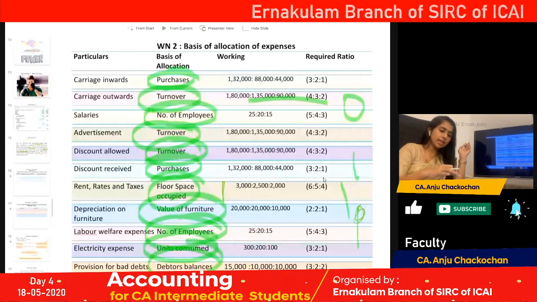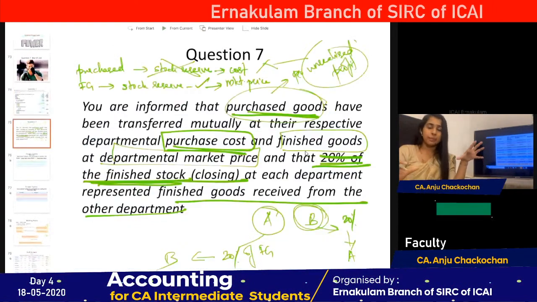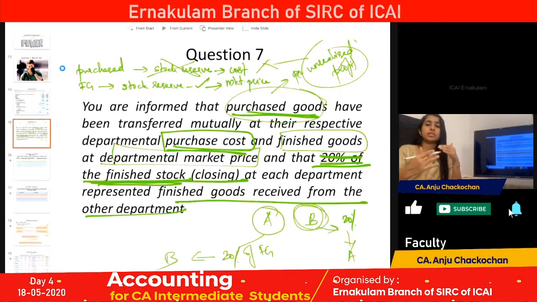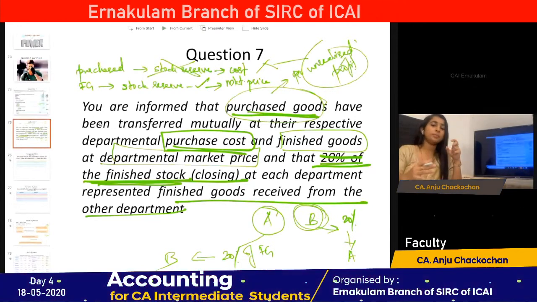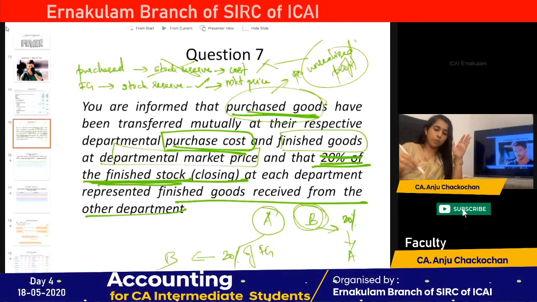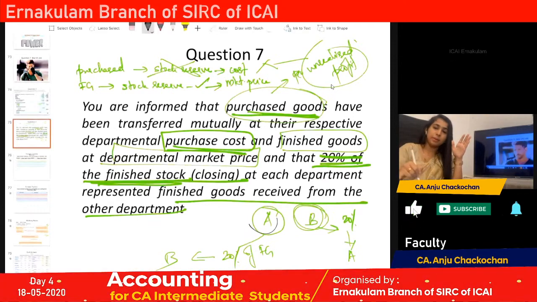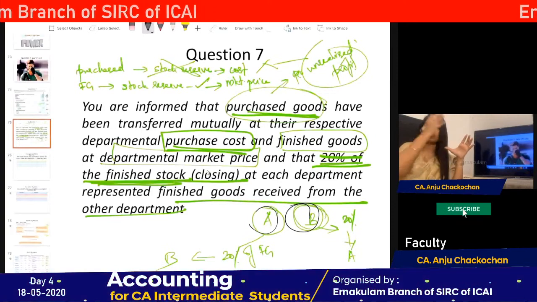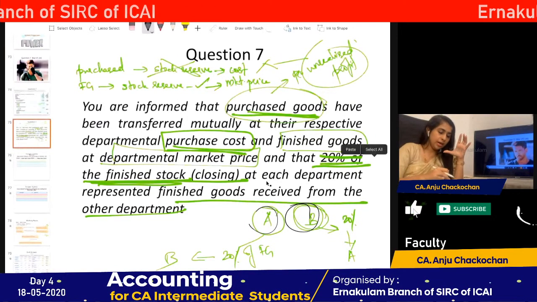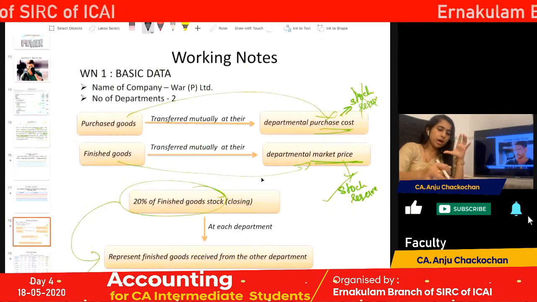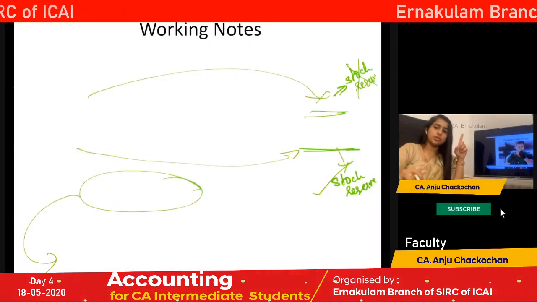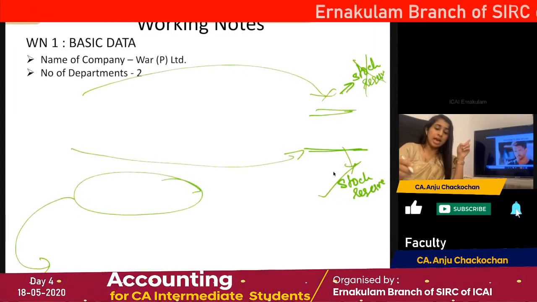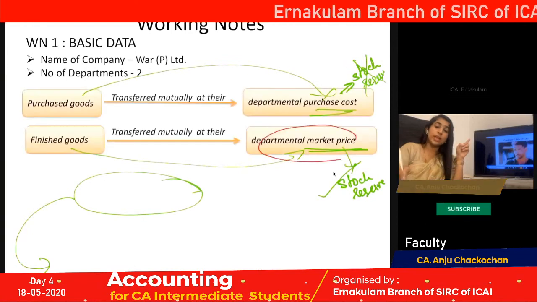And then we started doing the working note, the question 7 of Ward Private Limited, wherein we just wrote the basic data of that. We learned that for department A and department B, for each department, the finished stock of 20% of it was from the transfer of the other department. The purchased goods was transferred at cost, and the finished goods was transferred at departmental market price. And hence, only in the case of finished goods, we'll be having the consideration